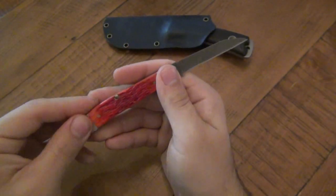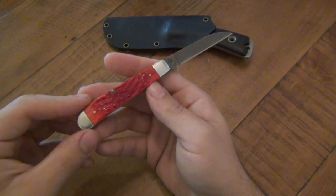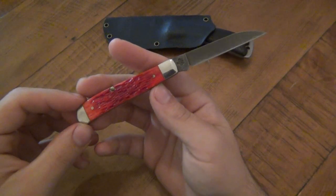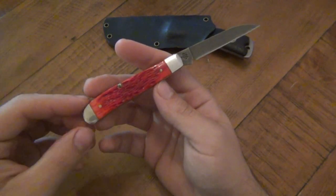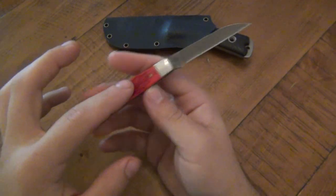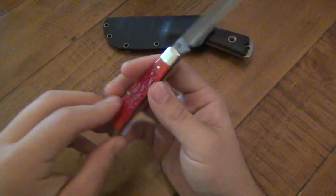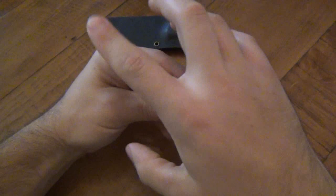Some things to note on this particular pattern. In the models you're going to see most often, it came with the Wharncliffe blade. Either one of two things. The one that I've seen most is an amber jig bone. This obviously is a red jig bone handle, but the amber one also comes in, besides Damascus,